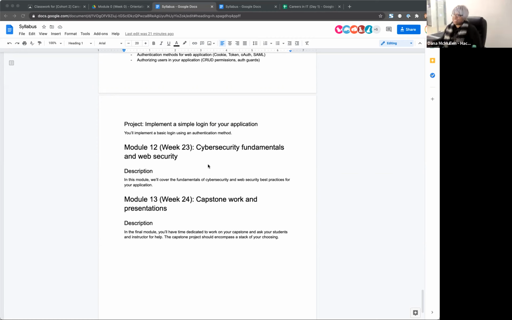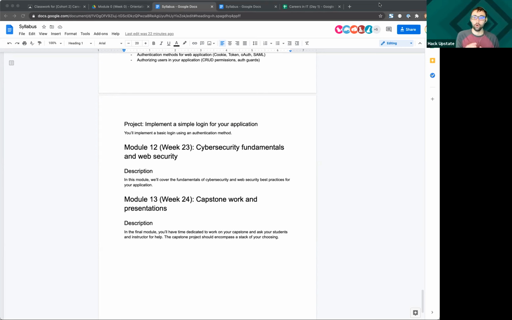We have a question in the chat from Dominique. She said, can the capstone be a website that she's currently working on? Absolutely. So we're going to encourage you to get all of the ideas of the modules into your capstone. What we will help you work on is getting your website to be more of a web app. What I mean by that is some interactivity, something that a user can click on and get more information. It may be adding a shopping cart to a website. It may be focusing more on the design or bringing in some cybersecurity aspect of it.